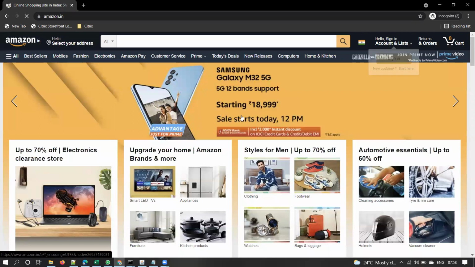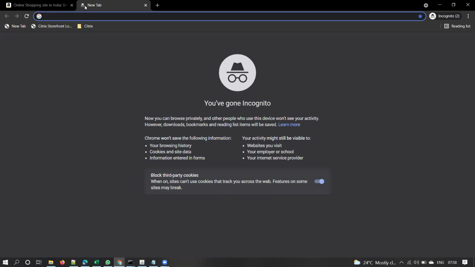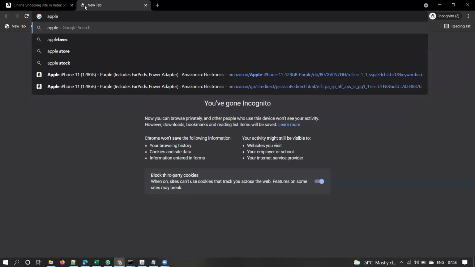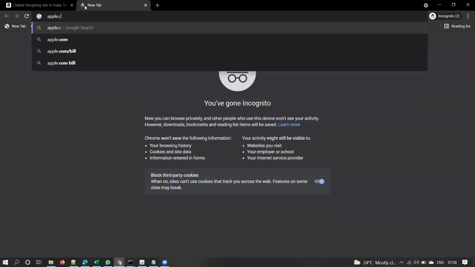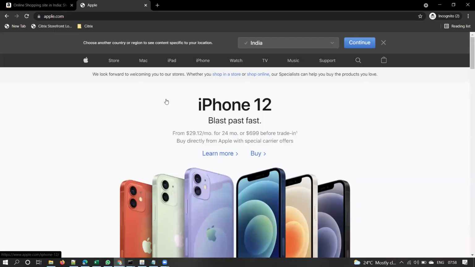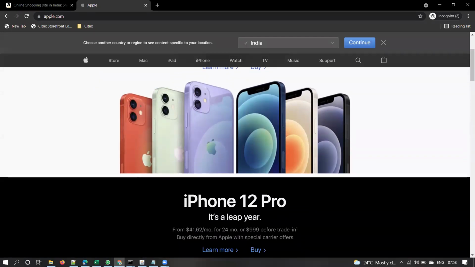Right, here you can observe, did you observe that this page took some time? Or else, let me open apple.com. See, it takes some time, some 2 to 3 seconds or 3 to 4 seconds to load the complete page. Still now it is loaded, right? So it took some time, some 3 or 4 or 5 seconds. So this is called the response time of the page, or the speed of the page.